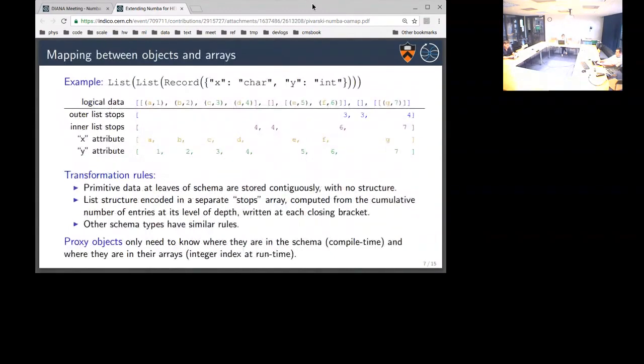So to illustrate what's happening when we're representing a nested object as arrays, here's an example of a list of records of two attributes. If you had data like this, and you had the logical data written out with square brackets and parentheses, that logical data is what a user might see.